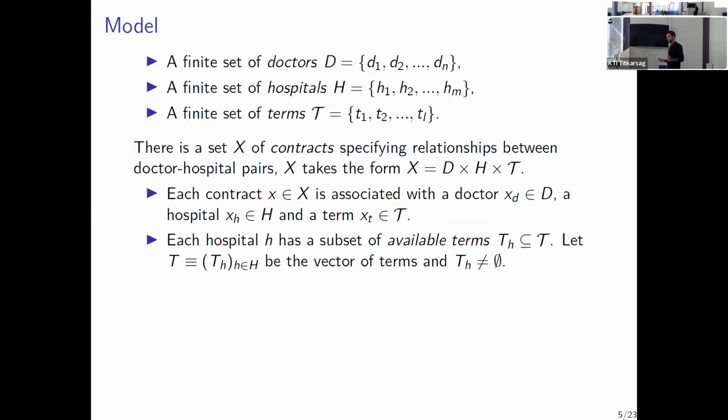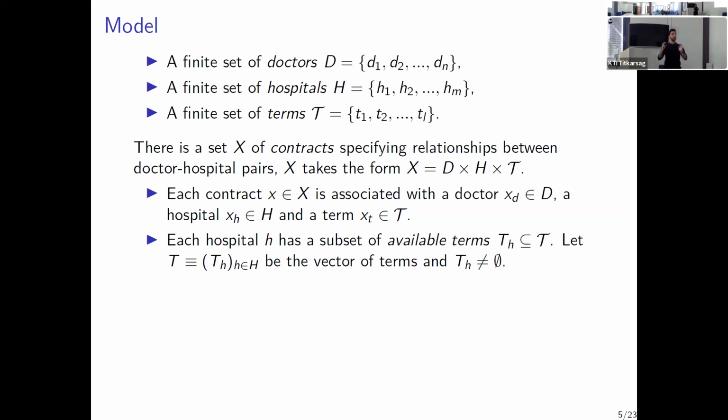For those who are familiar with the matching with contracts model, it's very similar. I consider a finite set of doctors, hospitals, and terms. Altogether, they constitute a set of contracts, big X. To each contract x, only one doctor, one hospital, and one term are associated. So I denote x_D the doctor associated with contract x, x_H the hospital, and x_T the term. The main difference in my model is that to each hospital, I associate a subset of terms